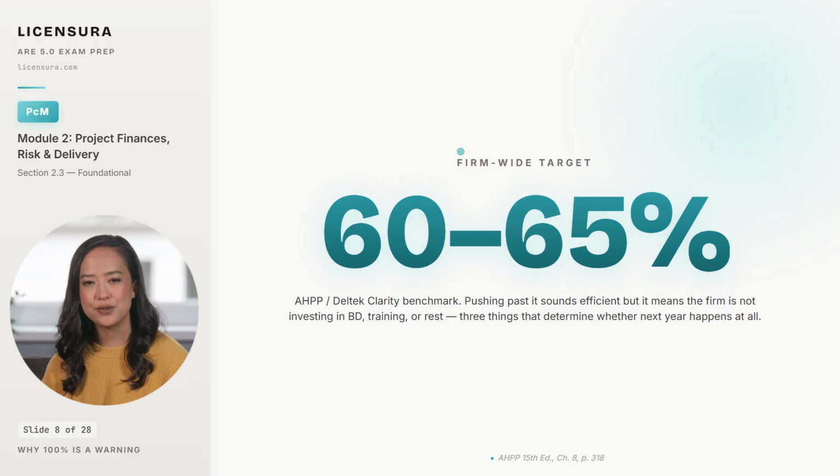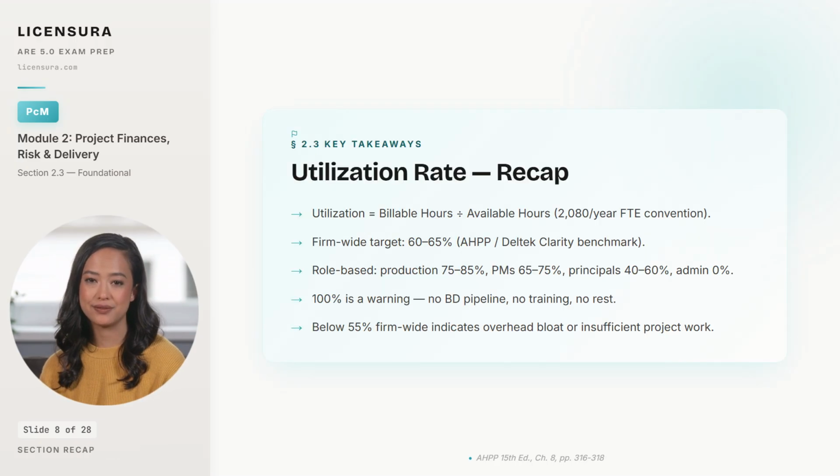Quick recap of the 3 financial ratios you should now be running every month. 5 takeaways on utilization rate. The formula is billable hours divided by available hours, with available hours fixed at 2,080 per full-time employee per year